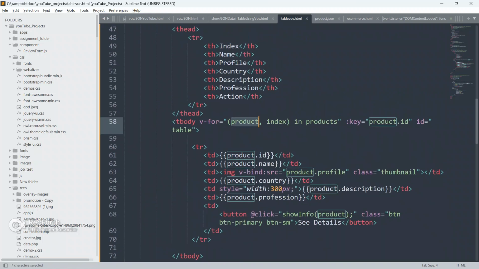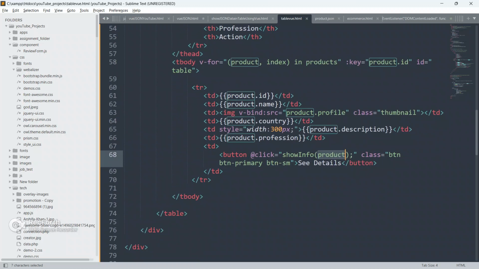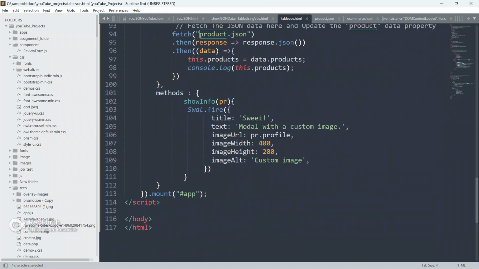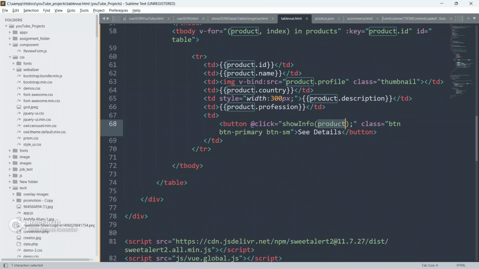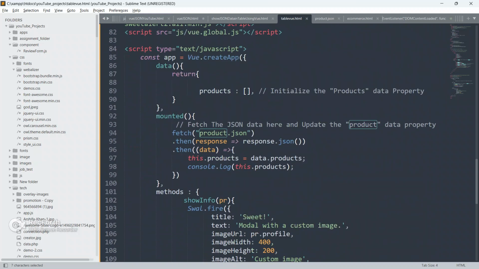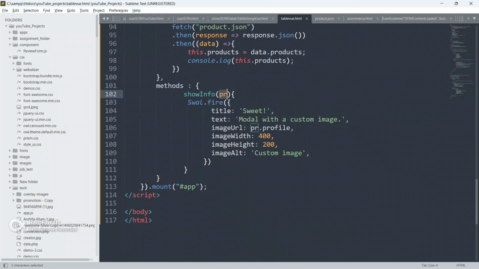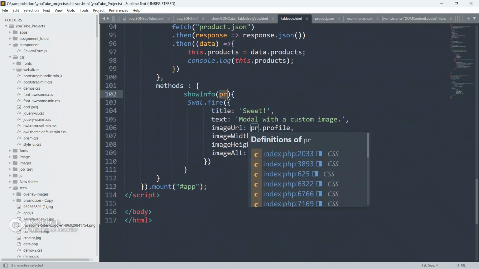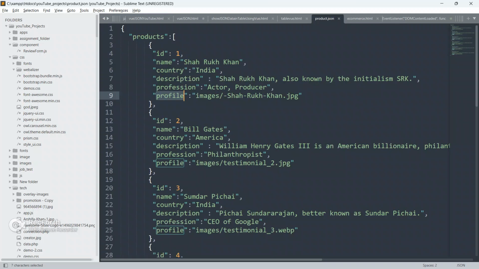Okay, so guys, let me explain one more time. As you all know, each and everything from this JSON file is inside this product object, and I have passed this product object inside our show info function as a parameter or as an argument, and the parameter name is PR.